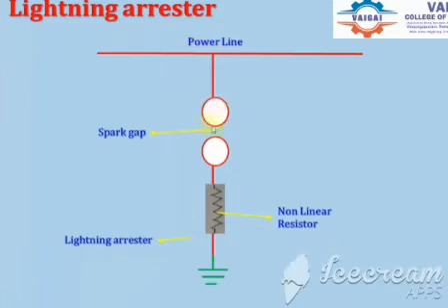First we will see the working principle of lightning arrestor. Let us consider a power line. The power line is in contact with a spark gap. There will be a spark gap between the power line and the lightning arrestor. Whenever high voltage occurs, a spark occurs in the gap, and the contacts are short circuited. Therefore the over voltage flows through the nonlinear resistor, which allows the over voltage to go to the ground. This is the working principle of the lightning arrestor.